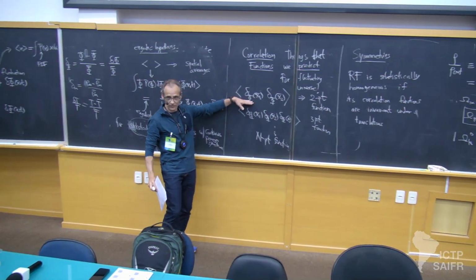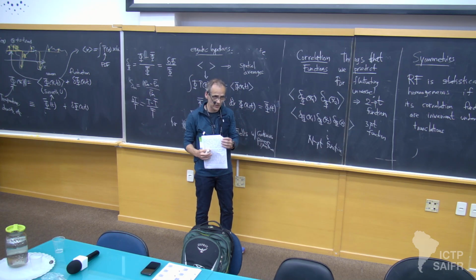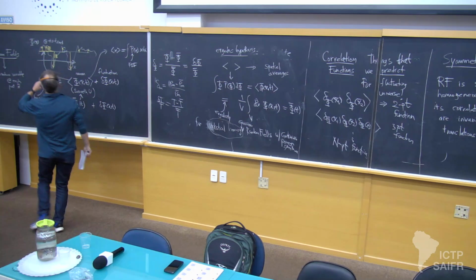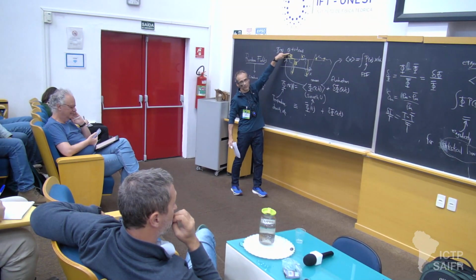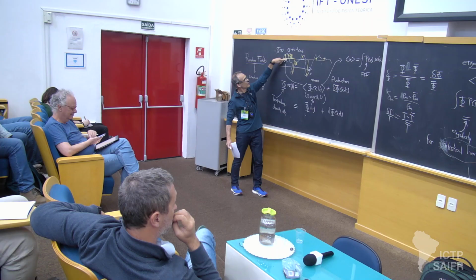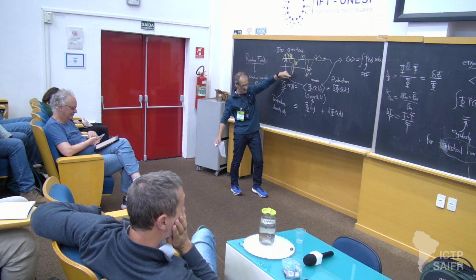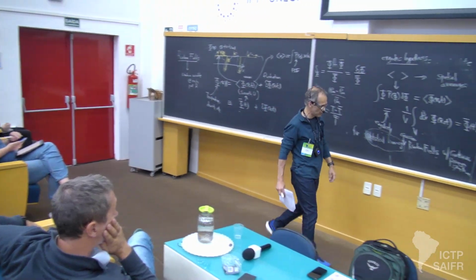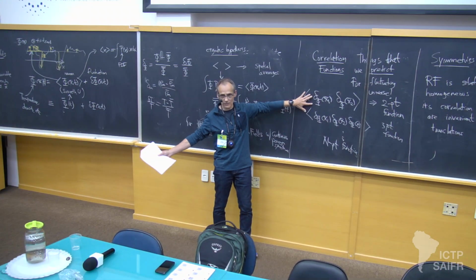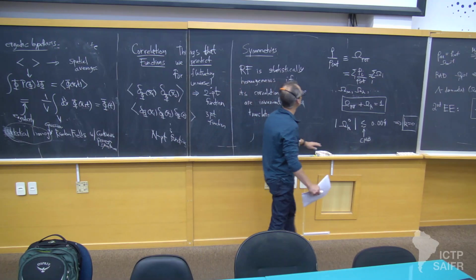Now that's out of the window. We have fluctuations. So the field itself is not statistically homogeneous, right? Because if I'm here at this point, my temperature is high. If I'm here at this point, I did a translation, okay, by this distance. Now it's different. So homogeneous is not. But statistically homogeneous now means that the correlation functions are invariant under translations. Okay? Not the field itself, but the correlation functions. Okay? So let's see what this means.